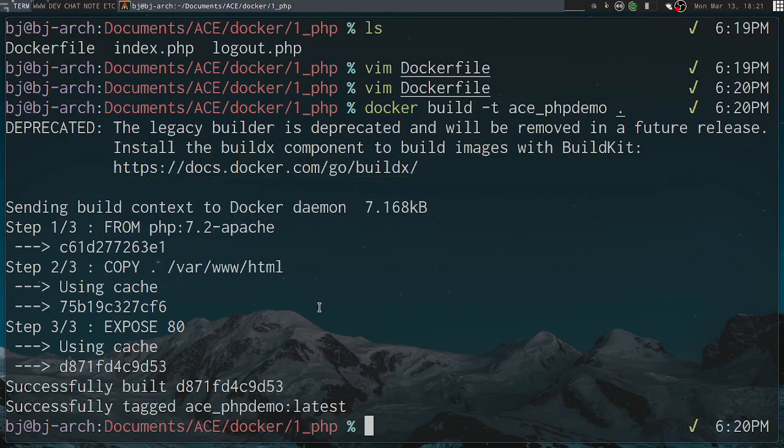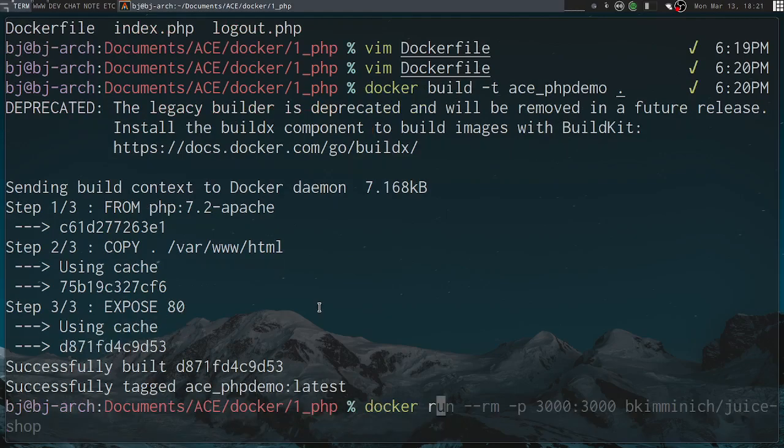So now what that did is it made an ace.php demo docker image, which is basically, like I said, that snapshot of your system that you should be able to just docker run. There are a few flags I need to put on here.